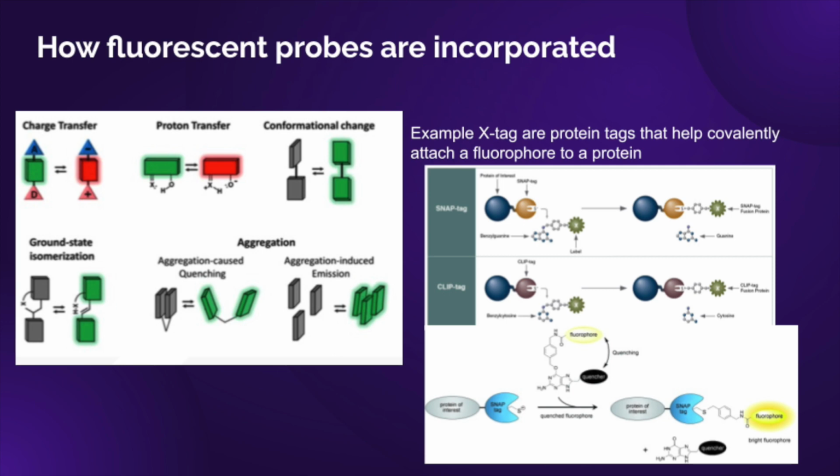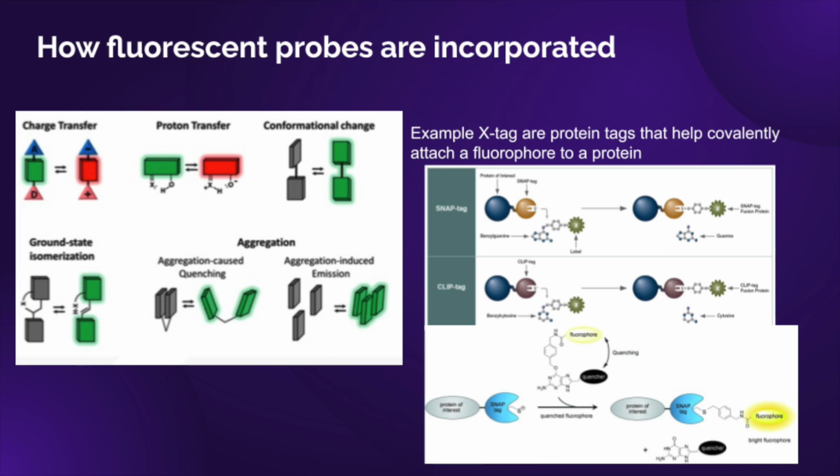There are various ways that fluorescent probes can be incorporated to study some change at a chemical level. An example is fluorescent tags that can be added to a protein of interest. Here, the molecule containing the fluorophore also contains a quencher that prohibits the fluorophore from emitting light. Methods such as FRET, contact, and collision quenching could cause the expected fluorophore to not emit any light. Other ways fluorescent probes can be made to produce light could be due to environmental factors such as changes in